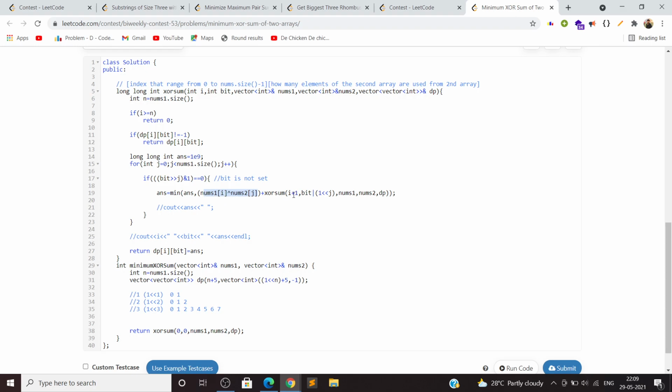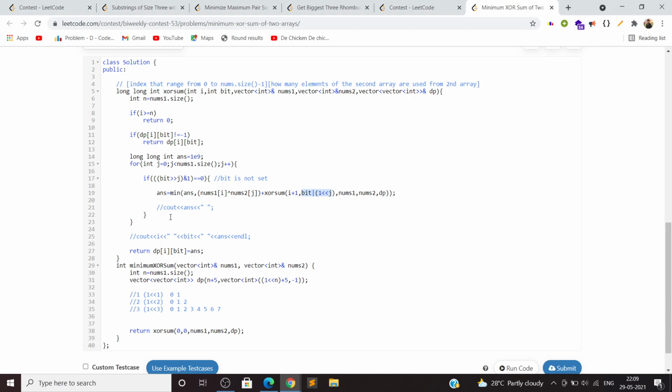And after that we ask the recursion to give me the XOR sum of the rest of the indexes, like i plus 1. And then we set the bit. As I have taken that element, I have to set that bit to 1,